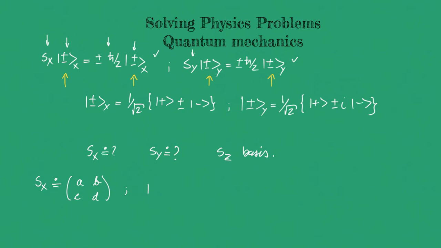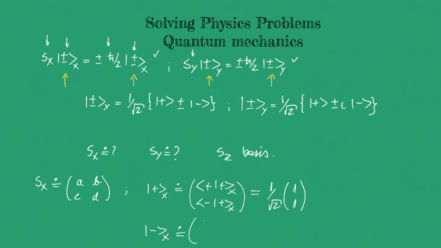and we need to write down the ket plus subscript x in matrix notation. As we did before, we just need to calculate these inner products. If we do, we end up with 1 over square root of 2, 1, 1. If you're not sure how to perform this calculation, you can check the previous videos where I taught how to do it. And for ket minus subscript x, this is the matrix representation for this quantum state,